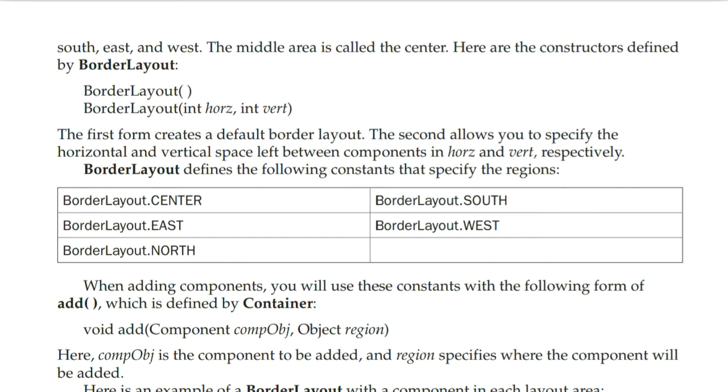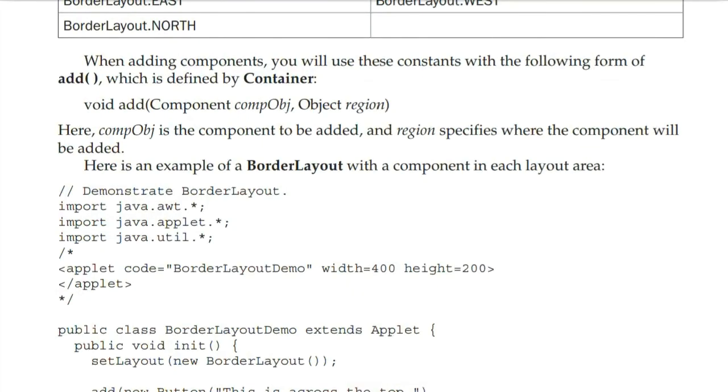BorderLayout defines the following constants that specify the regions: BorderLayout.CENTER, BorderLayout.SOUTH, BorderLayout.EAST, BorderLayout.WEST, BorderLayout.NORTH.